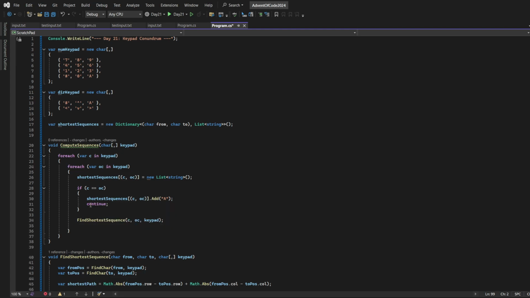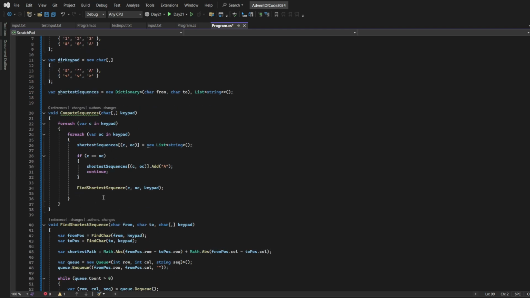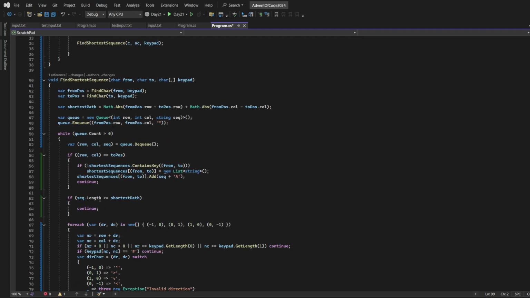But we will not break. We will just continue in this, because we will do a breadth first search, and we will want to find all the best paths, all the shortest paths. So if we don't have this, we will land on this method. So we will find the shortest sequence, and here we will do kind of a more traditional way of breadth